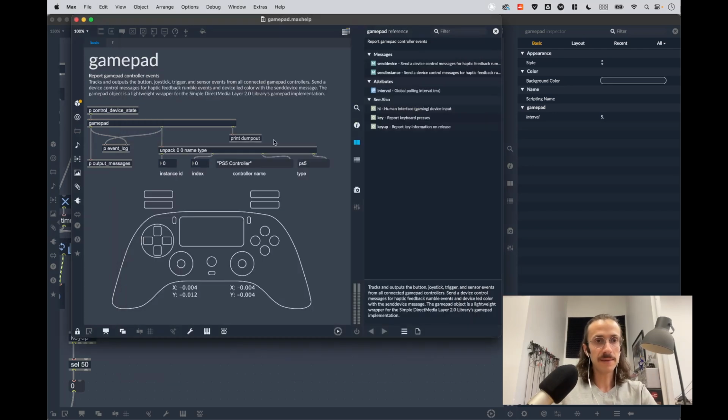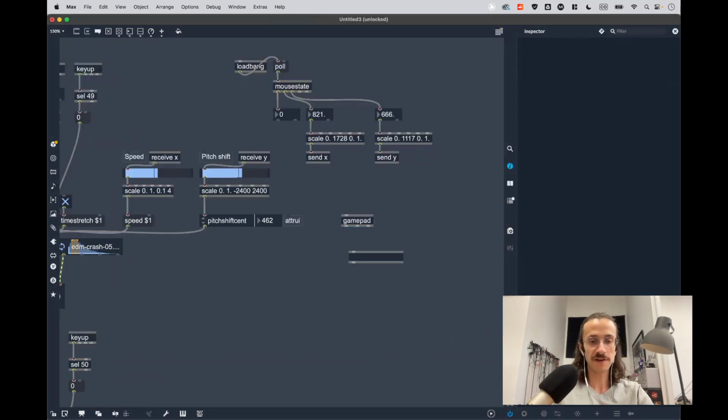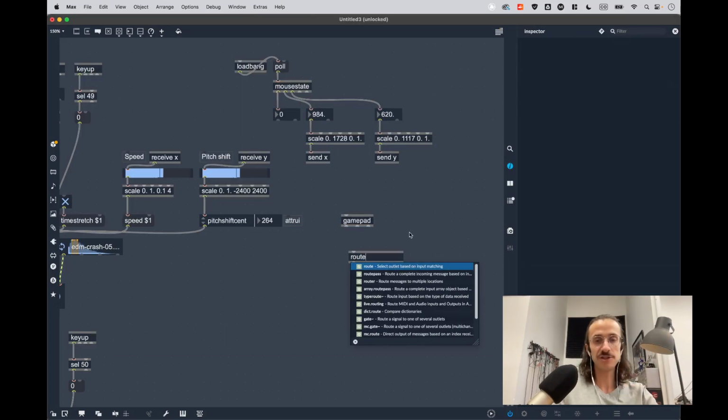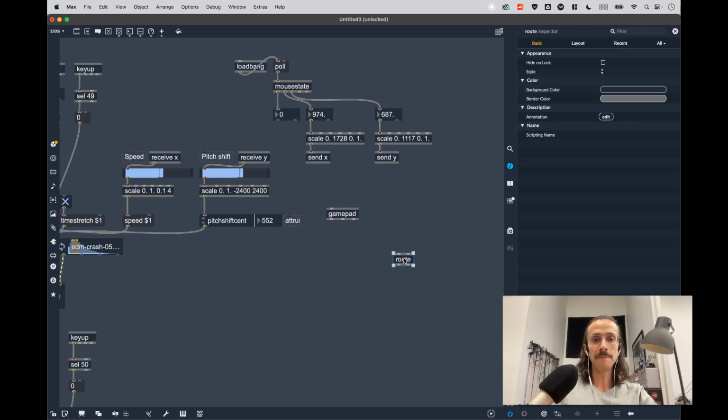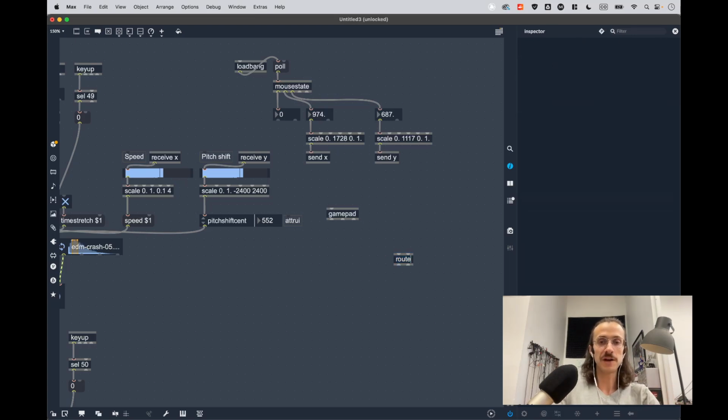So now what that means is that back out in my main patch, if I make a route, and this is the object that's doing the magic for us, route is an object that lets you take messages coming in from one source and send them to multiple outlets depending on what those messages look like, essentially what word they start with. So if I do route north, south, if I send the message